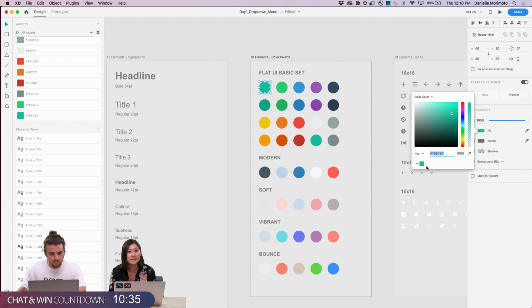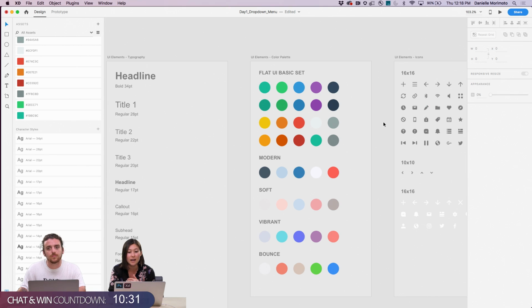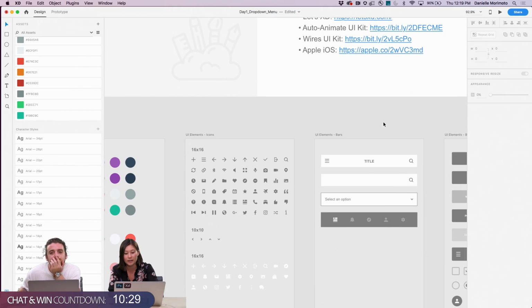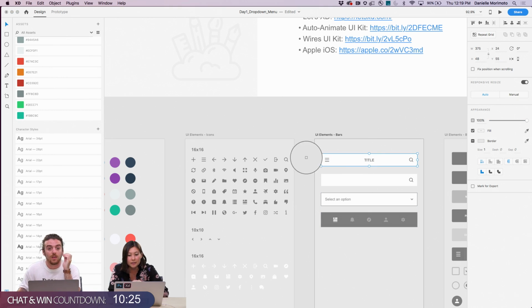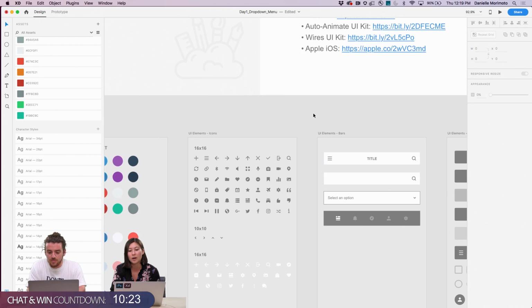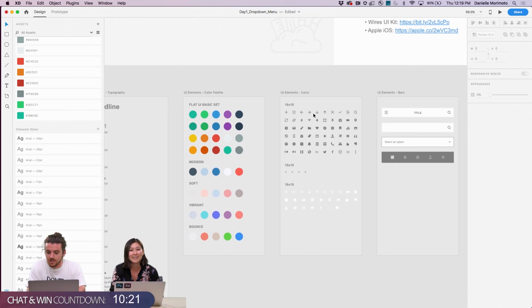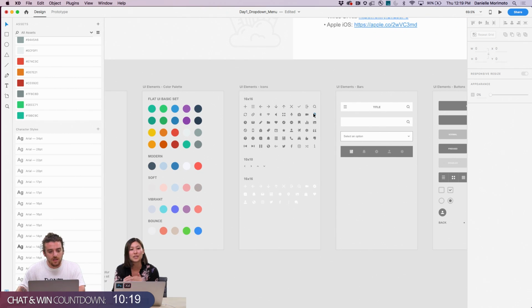So if you're consistently using certain colors, it can be really nice to have that already set so you don't have to get your eyedropper tool out and search for it across your artboard. I'm gonna do that right now, actually. Yeah, so it's sometimes nice to have the ones you know you're definitely gonna use.